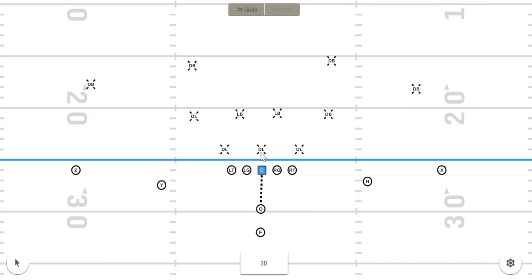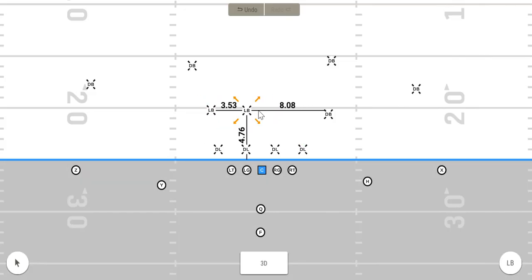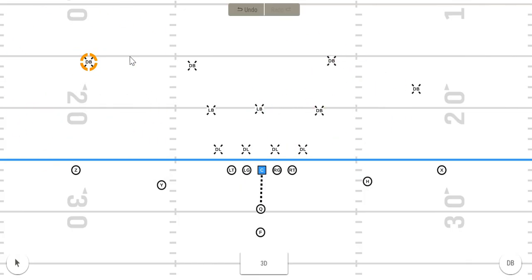First off, I think it's very advantageous for you to just always get into a 4-3 look. 4 down players, put them in an even front. That means both guards are covered. We have our 3 linebackers, Sam, Mike, and Will, and then we have our last line of defense, our